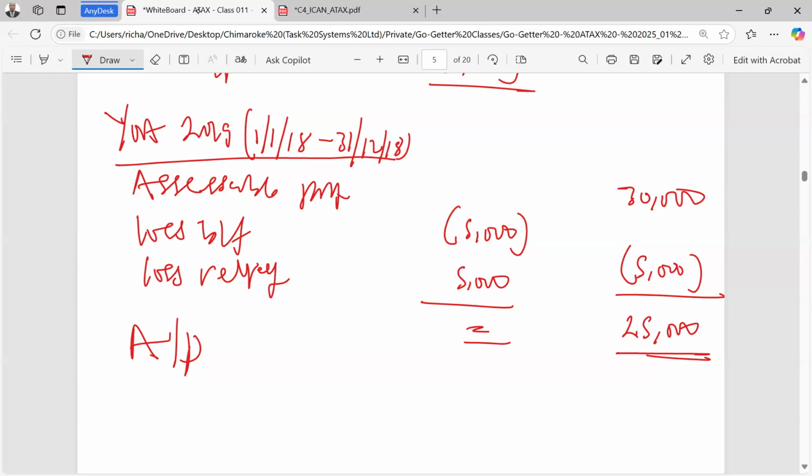Now, this is how loss relief is being done. Now, before I proceed, I want you to comment if you understand what I just solved here in this particular question. If you do not also understand, speak now and tell me where it's not clear to you. If you understand, let me know. If you don't understand, let me know now. I'm waiting for your feedback. You can unmute and talk if you want to.